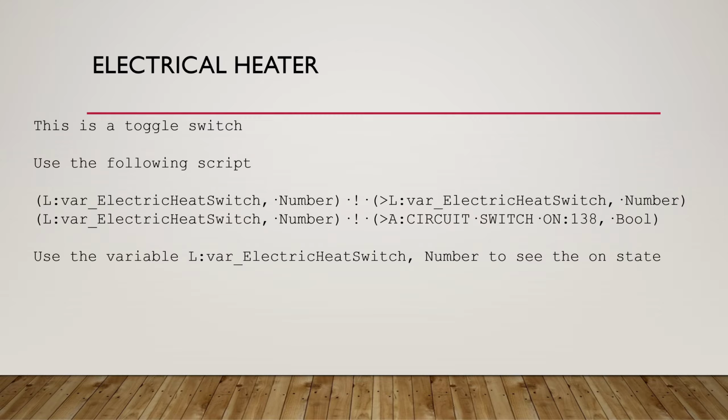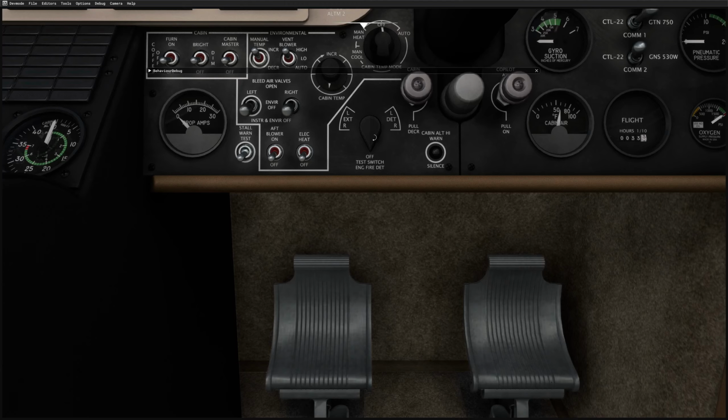The next thing we need to look at is this here, the fire test. It is a 5-position switch down here, and it's testing on the left hand side whether the extinguishers are available, and on the right hand side whether the detectors are working. And if I show you that in operation, if I get out of here,